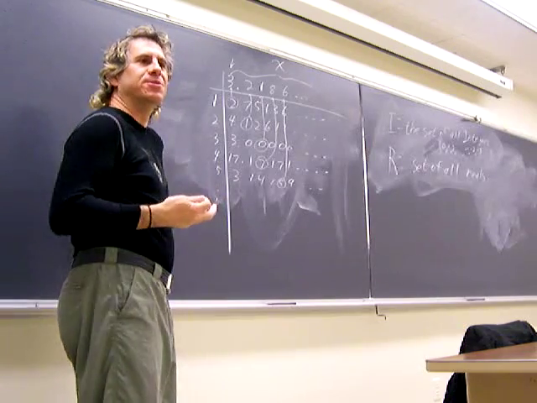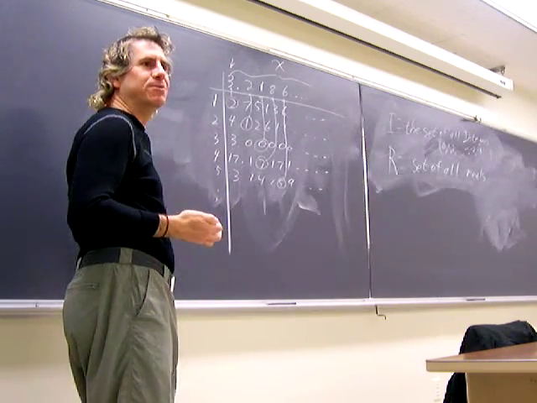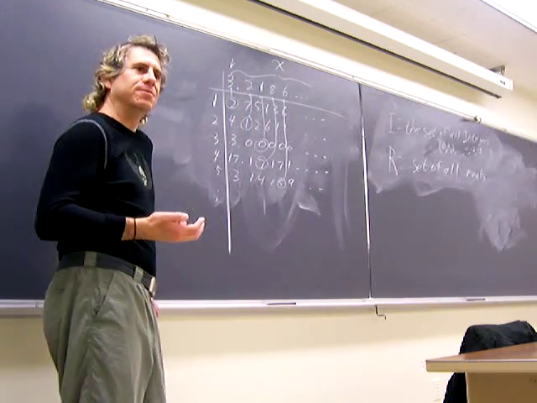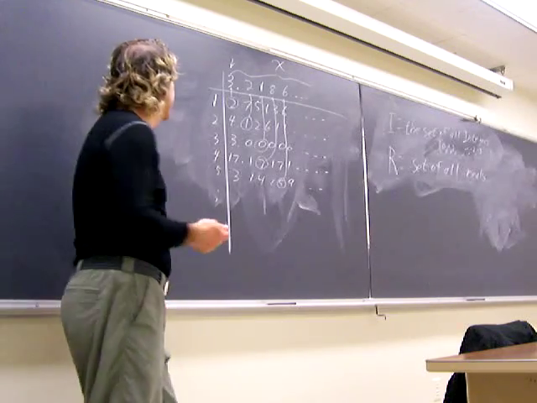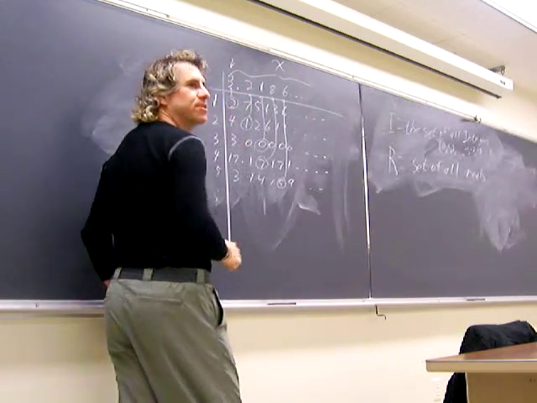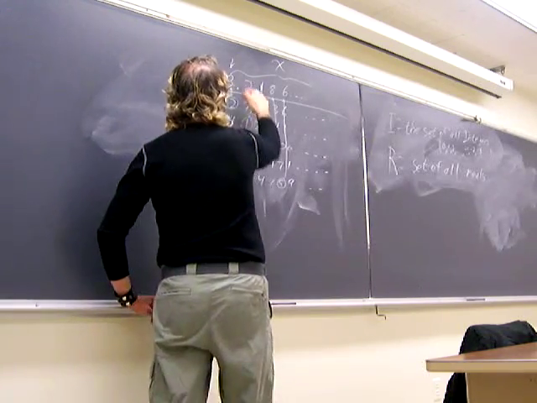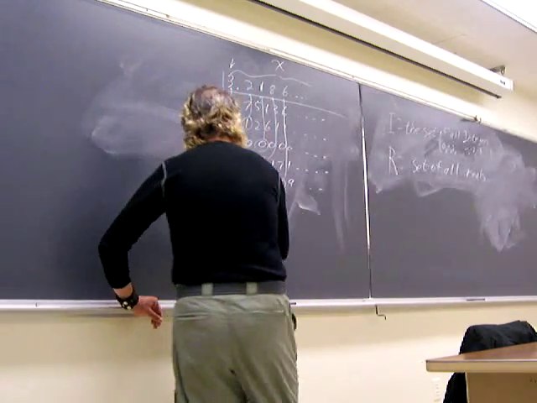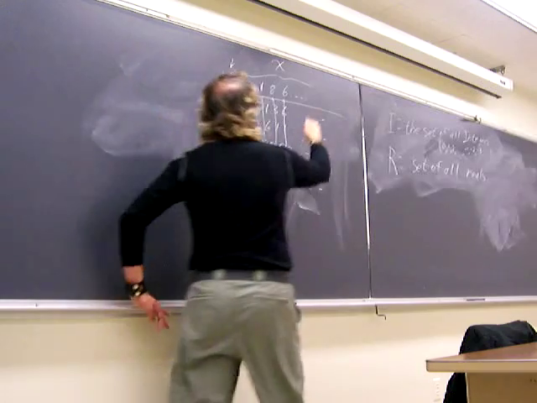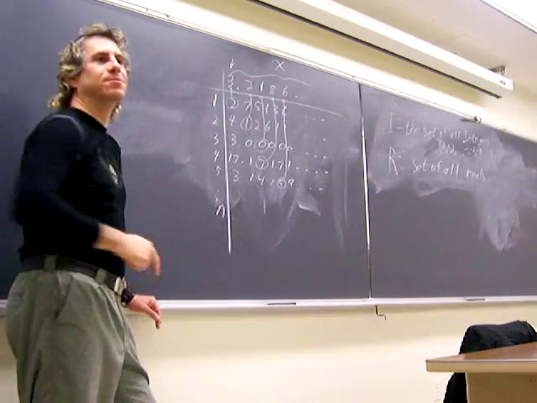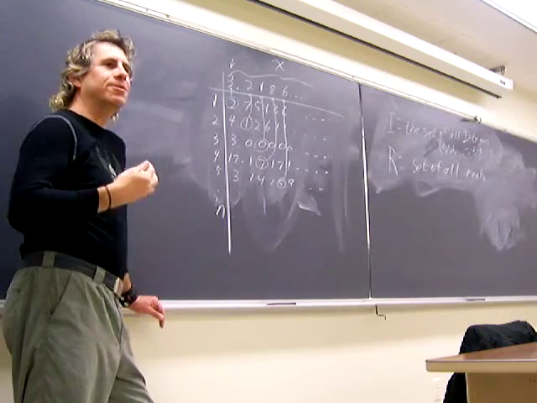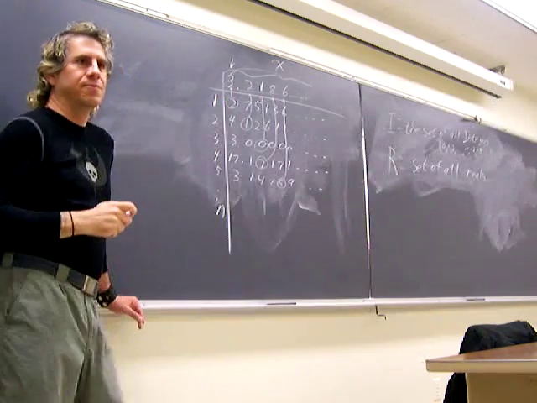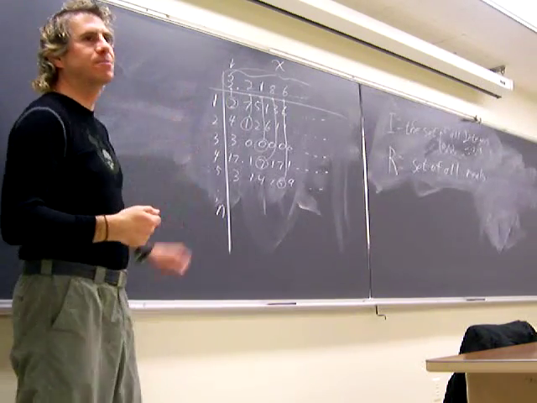So what integer corresponds to x? There's a one-to-one mapping between reals. This is a real number. Some integer must correspond to x. What integer would it be? Well, it can't be 1 because the first digit is different between x and the number that maps to 1. It can't be 2 because the second digit is different. It can't be 5 because the fifth digit is different. It can't be any number n because when I look at the nth digit of x, it'll be different from the nth digit of this number. There's no real number anywhere in this table that has this value, because of the way I've constructed this number.